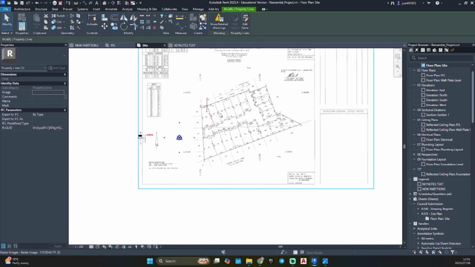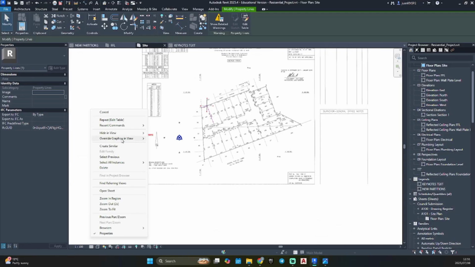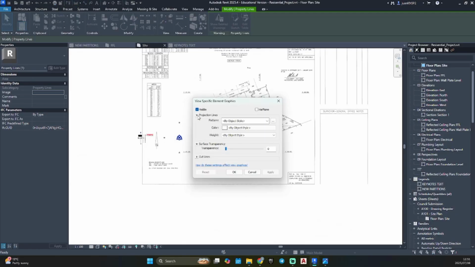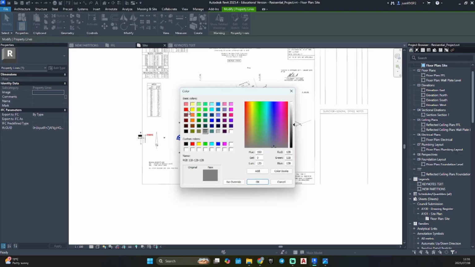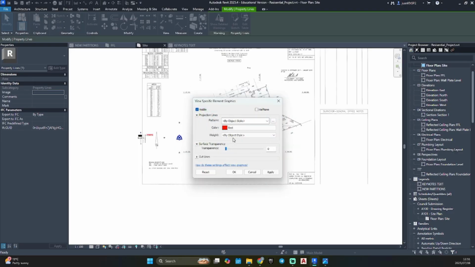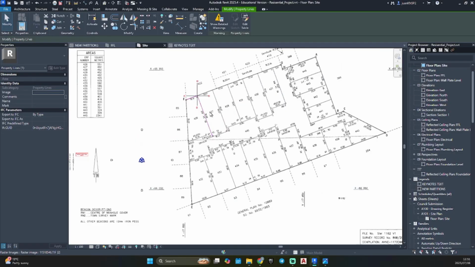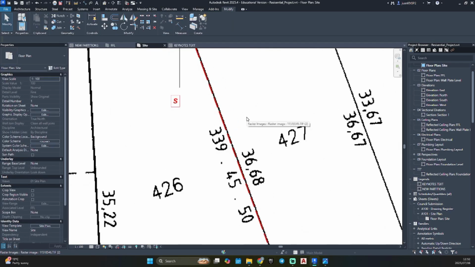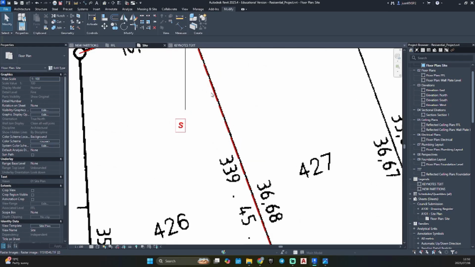While it's highlighted, I'm just going to right click, override by element, go to your projection lines, and select red so that it's visible, line weight. Just for now we can make it 7, hit apply and then OK. Once we deselect, we can see our line a bit more clearly.